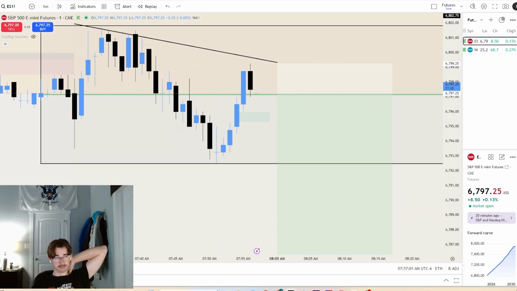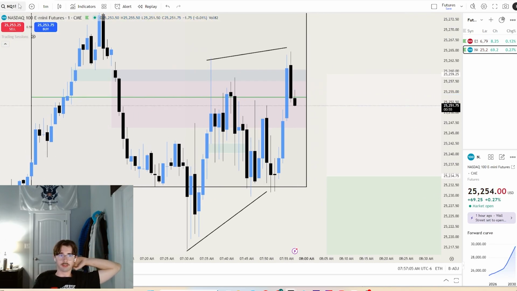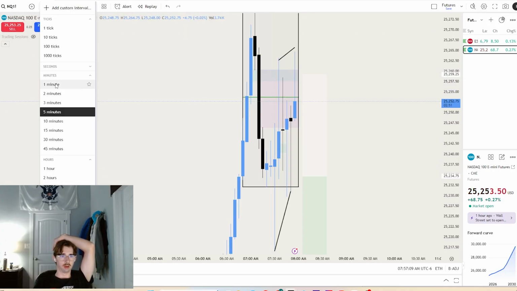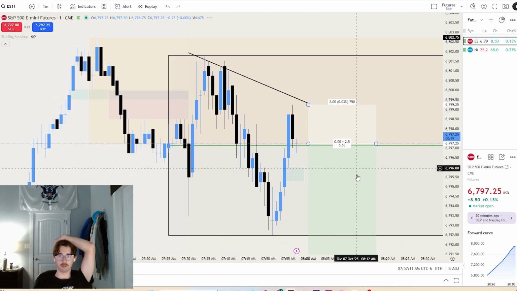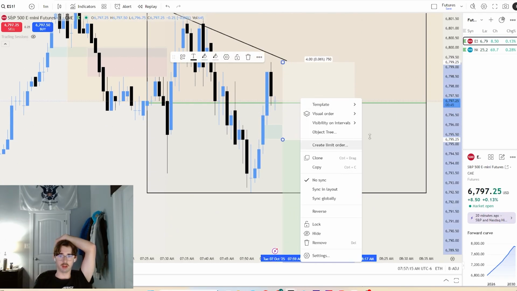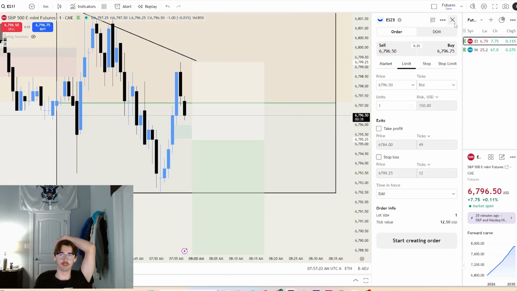That's about it. Let's kind of see. Yeah, it looks like ES is about to inverse a 1 minute fair value gap. That's cool. We want to see that. Even on, or sorry, NQ is even on ES. Like if we come down here and inverse this gap, I'm willing to take this trade because the risk is